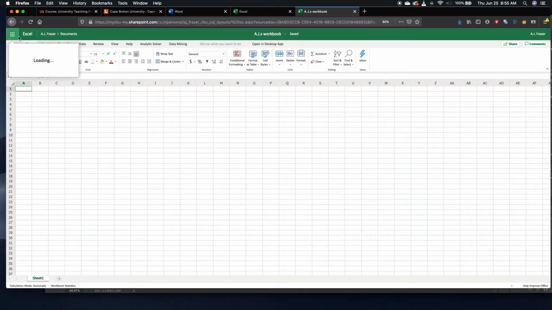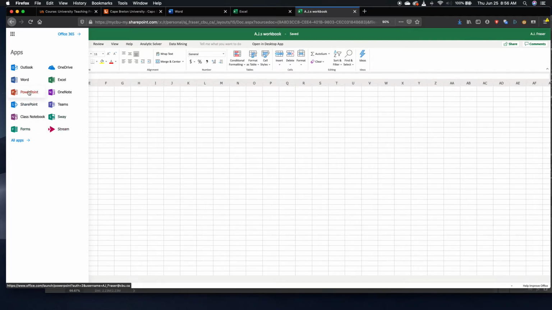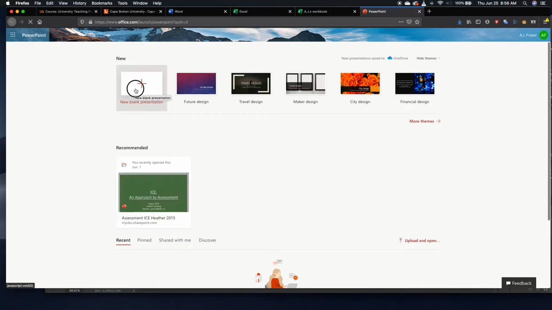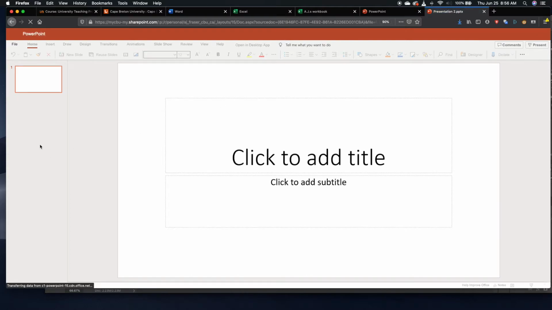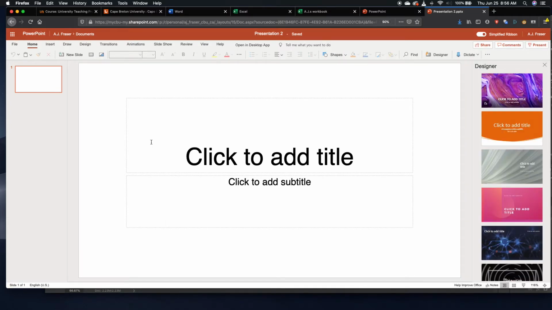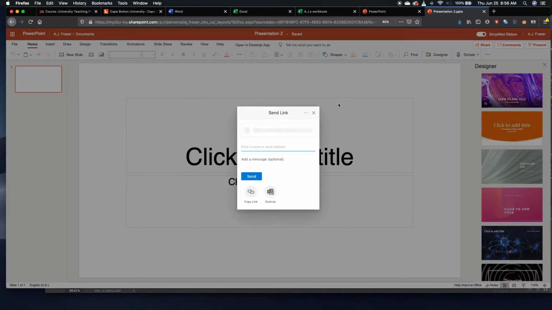PowerPoint, same thing. PowerPoint's great actually because if you have multiple students working on something in a class together, you can get them to just create a new slide themselves and put all of their answers in their own slide. That sort of prevents people from writing over each other. Of course, it's a very specific thing. You can't really create that into a book or a longer document. But if you're just doing an answer type thing, PowerPoint has all of those same sharing options